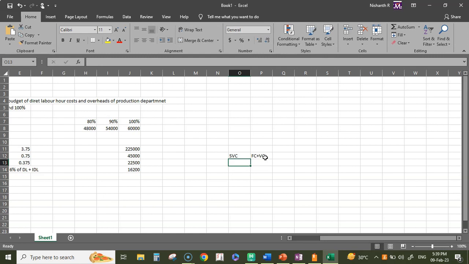There is a fixed and a variable component. Now how do we find the fixed cost and variable component? What we do is we take the top-down method. So to do the top-down method, we take the top values, and we take the bottom values.